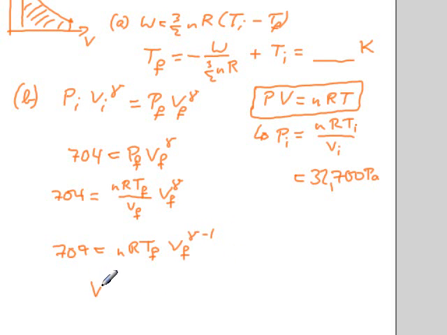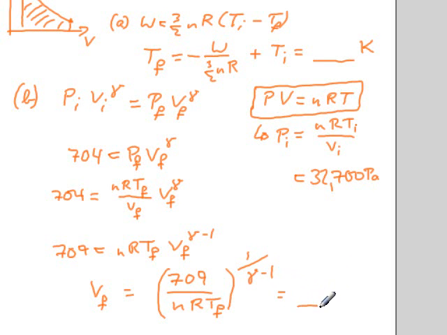And then to solve for VF, it would be 704 divided by nR TF, in parentheses, and then in order to get rid of the gamma minus 1, I need to take the root on the other side, and that can be written as 1 over gamma minus 1, again with some law of the exponents, and I come up here with something,